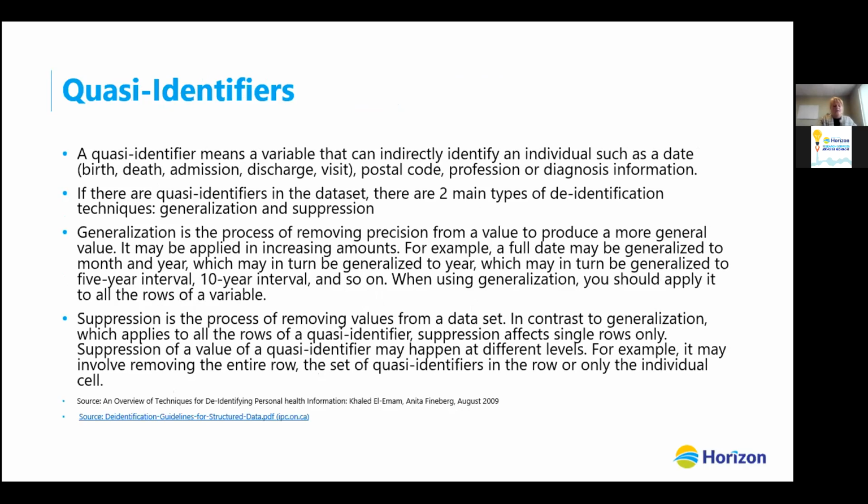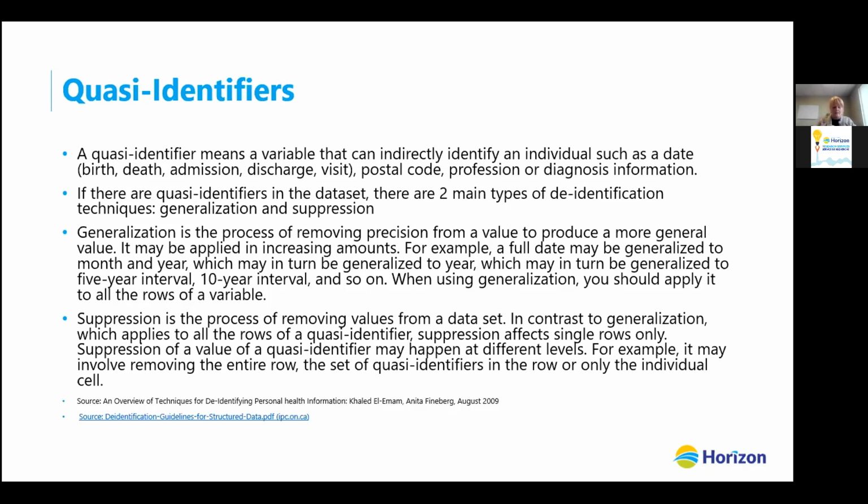Next, we're going to talk a little bit about quasi identifiers. I've seen in a lot of research study applications that the application says, well, how are you going to protect and safeguard the information? Well, the information will be identified. And then I look a little bit further down or in the attachments, and I see on the data set that there are dates. So there's date of admission, date of discharge, date of procedure. As we know, looking at the safe harbor method, those are specific dates, including date of birth. So there's not only specific dates, but there would be a date of birth included as well. Those things are what we consider quasi identifiers.